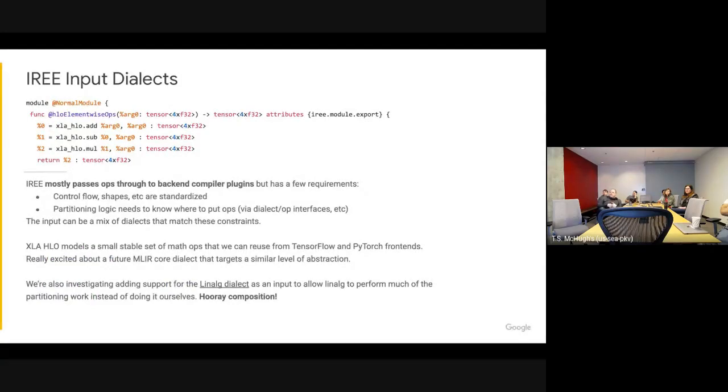And once we lower that to something like HLO, so in this example, this is the MLIR snippet of the HLO dialect here. This is what IREE sees as its input. And so here we see a simple function that does some stuff with some tensors. Again, it's all value semantics at this point. The SSA values are meaningful. And what we're really looking for here, and not in this example, but this can be arbitrary CFGs of branches and conditions and stuff. So that's all fully supported. We can identify variables and track those across functions.